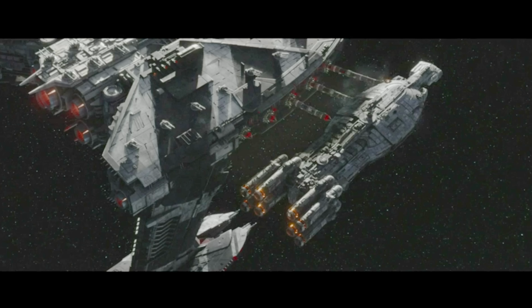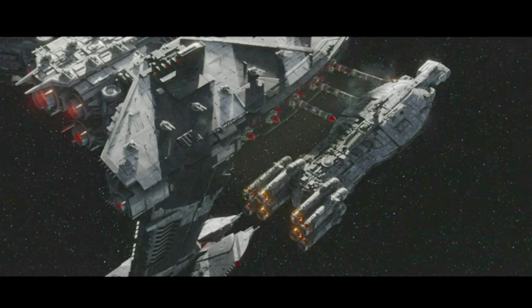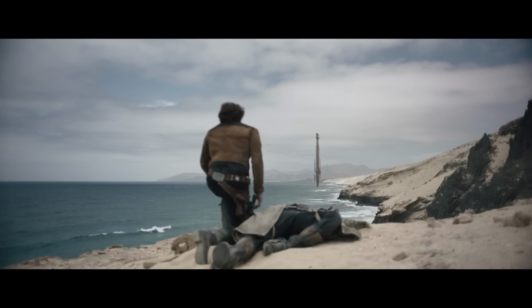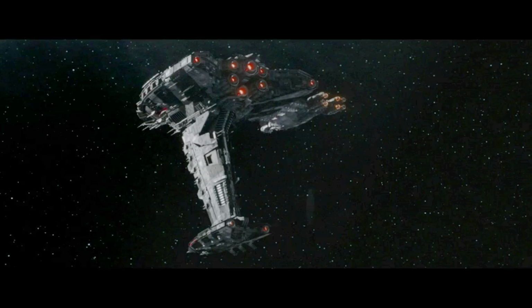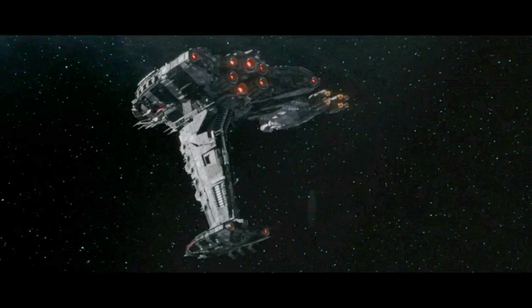This thing is much bigger, probably at least 150 to 200 meters at its widest point, and closer to 300 meters long. But this vessel is also very vertical. There's many decks. It's kind of reminiscent of the Crimson Dawn yacht used in Solo, or Satine Kryze's own luxury yacht. This ship has 2 large bodies connected by a long structure that seems to be bristling with weapons in